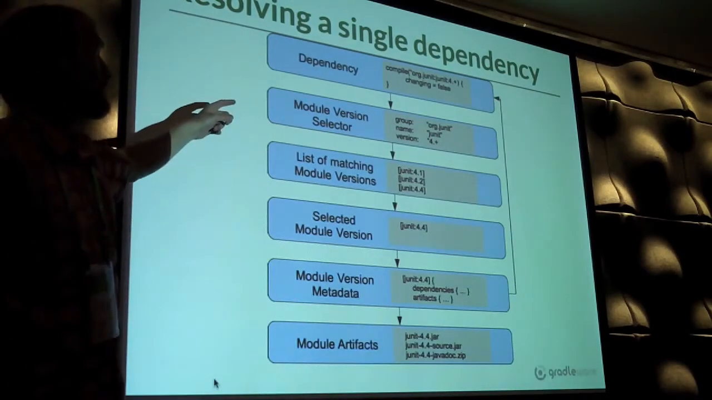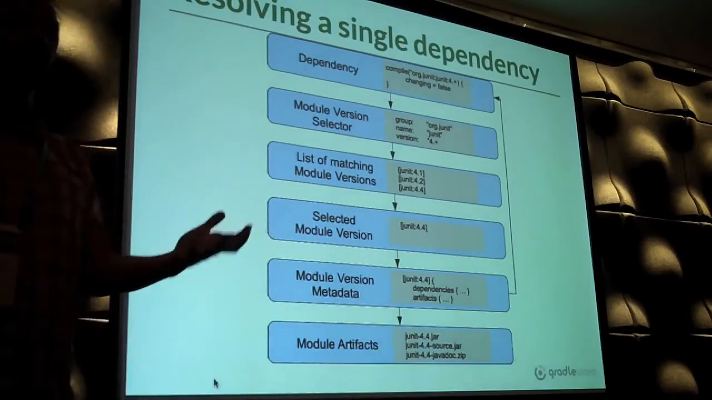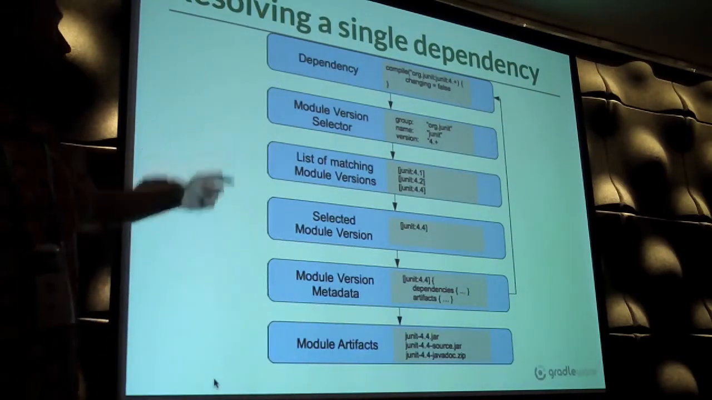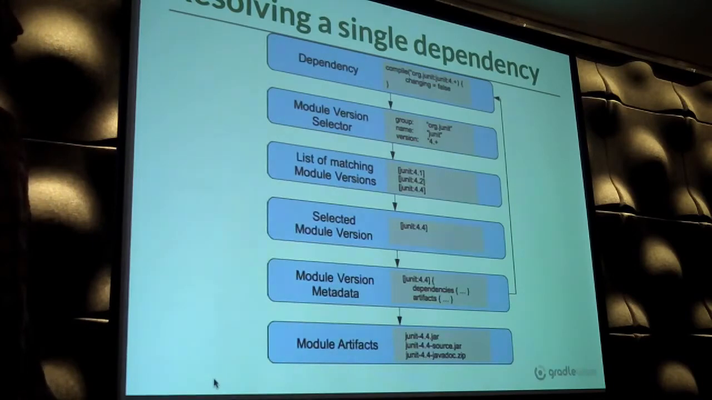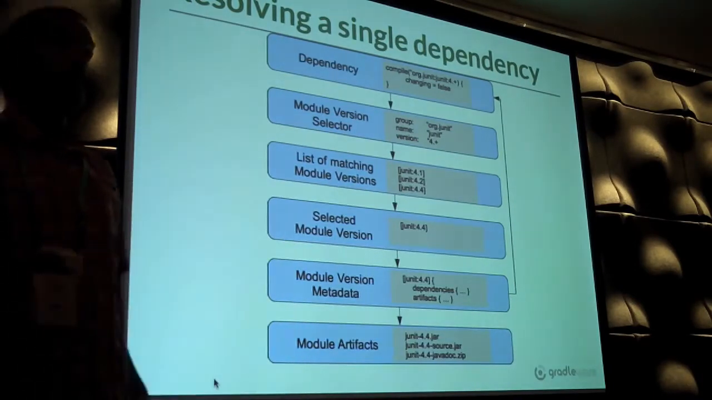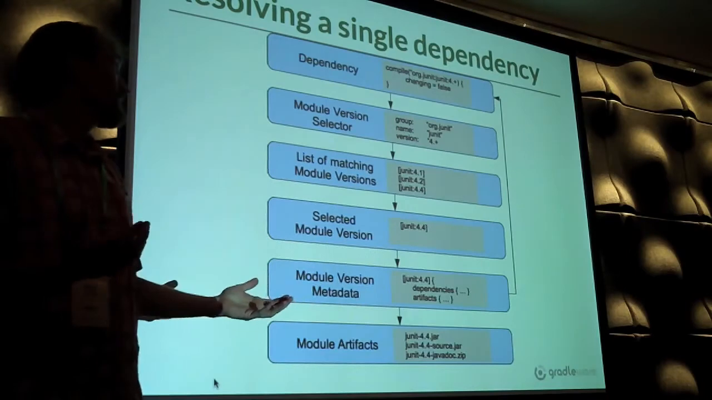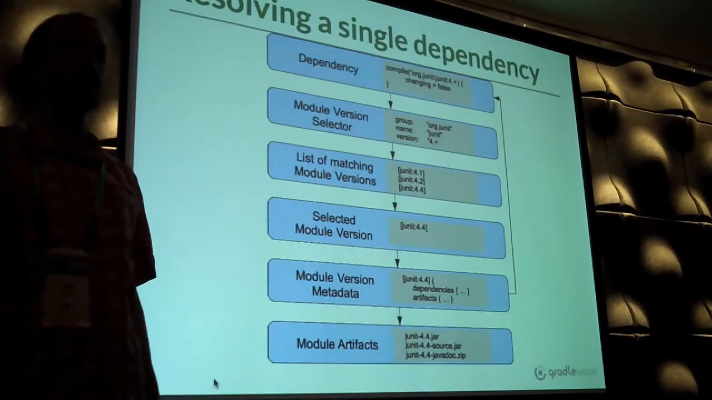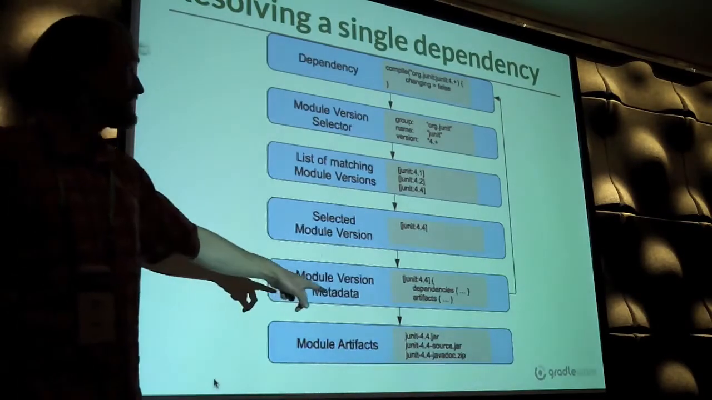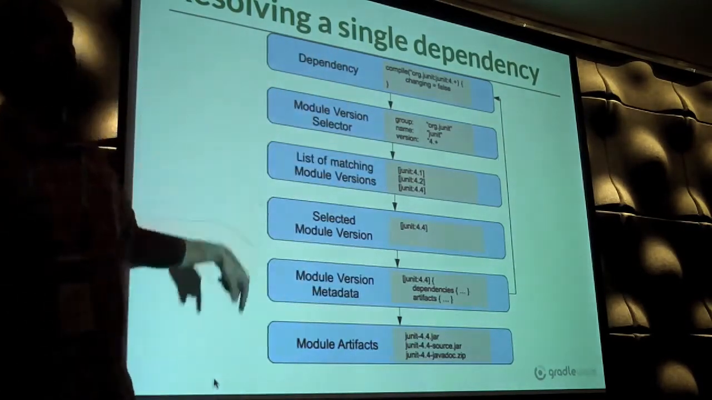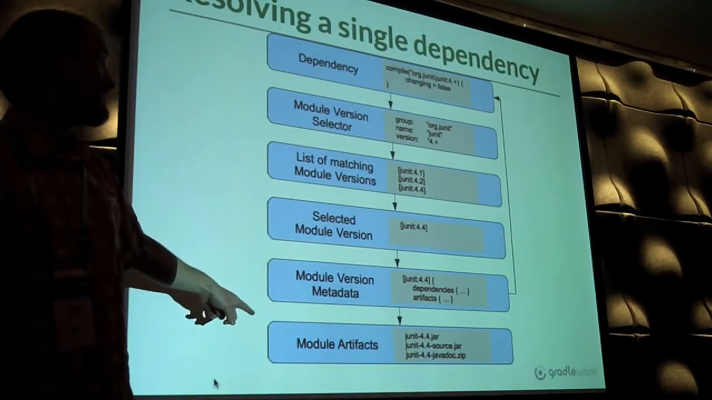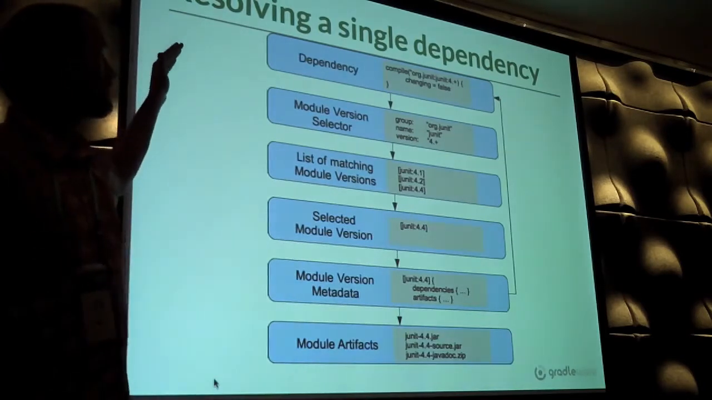From that, we then ask, what are the matching versions for this selector? What things could meet this selection criteria? And we get back a list of actual module version identifiers. The next step is to select which one is the best one to use. Once we've selected it, we can resolve the actual metadata for that version. The dependencies from that feed back in and go back through the chain, because that's transitive. We also have the artifacts, where we can resolve the actual artifacts that we need to get. This is the process, and